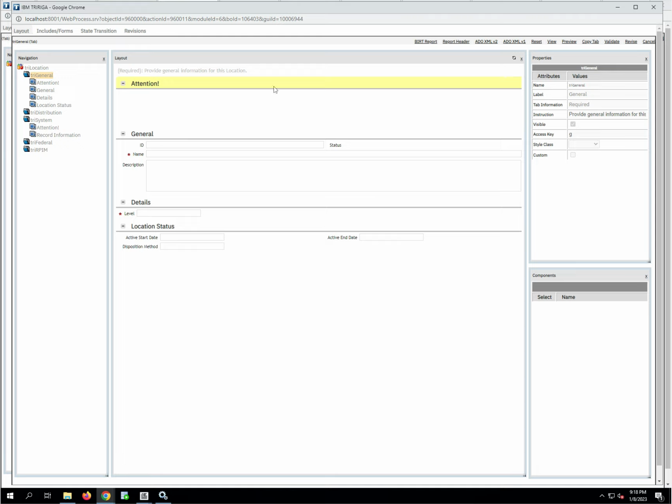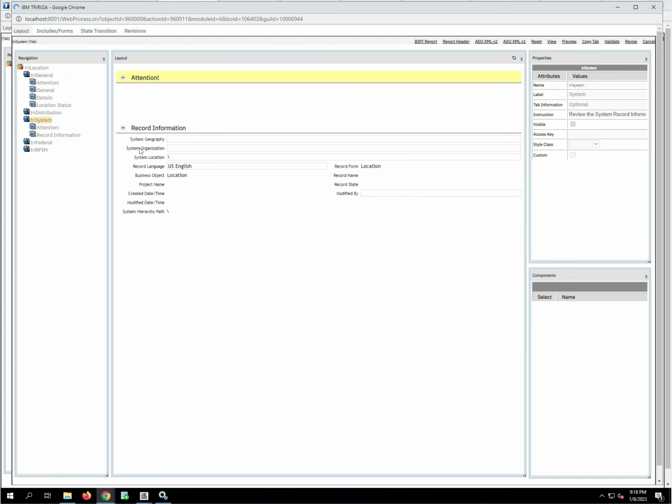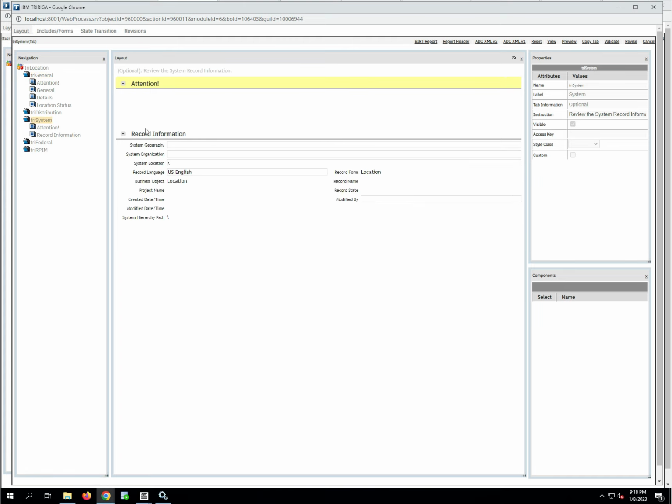It puts the tab information inside the parentheses, gives you a colon, and then you get the instruction. So we can see a difference. The system tab would be a tab that the user doesn't generally see, but the developer or administrator would see. And this says that the information here is optional, and that you can just review the system information. Now, I'm not going to copy and put these into mine,